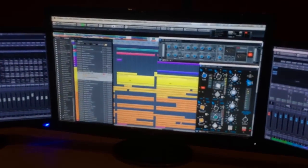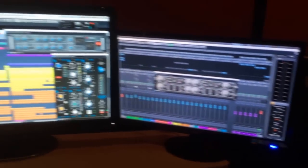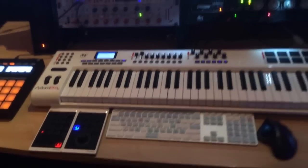These 3 monitors are connected to the master computer. So got a 27-inch LED in the middle and 23-inch LEDs on the sides. Each one of the slaves has its own monitor, which I believe these are 24-inch LCDs. Got the Axiom Pro 61,